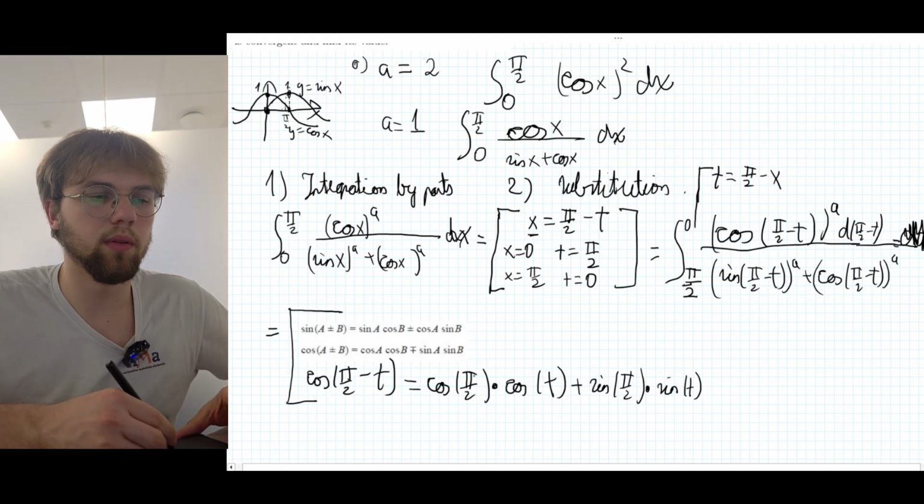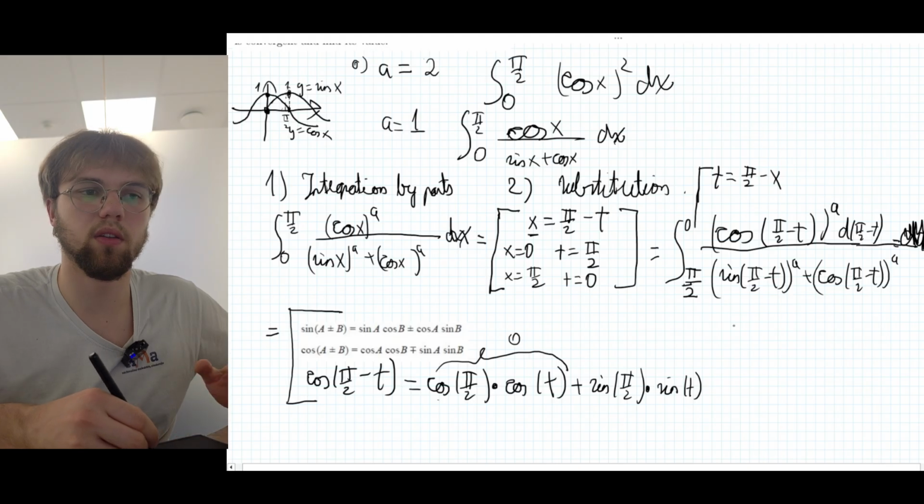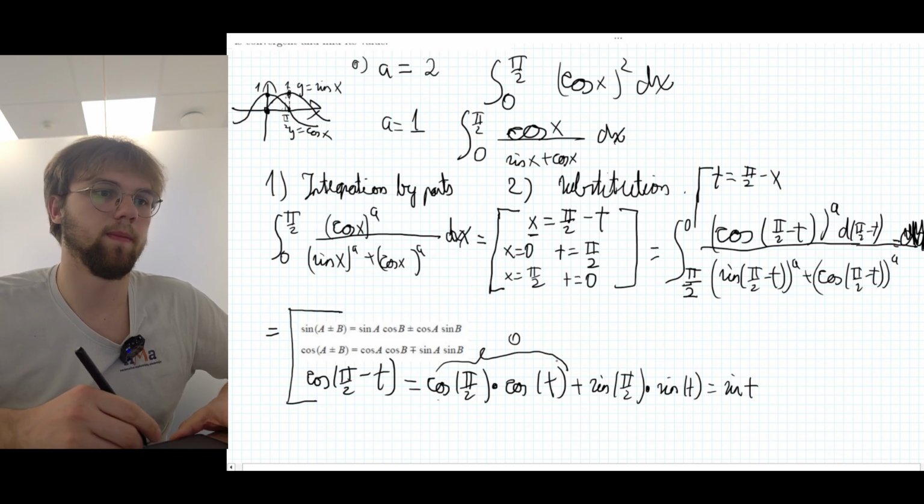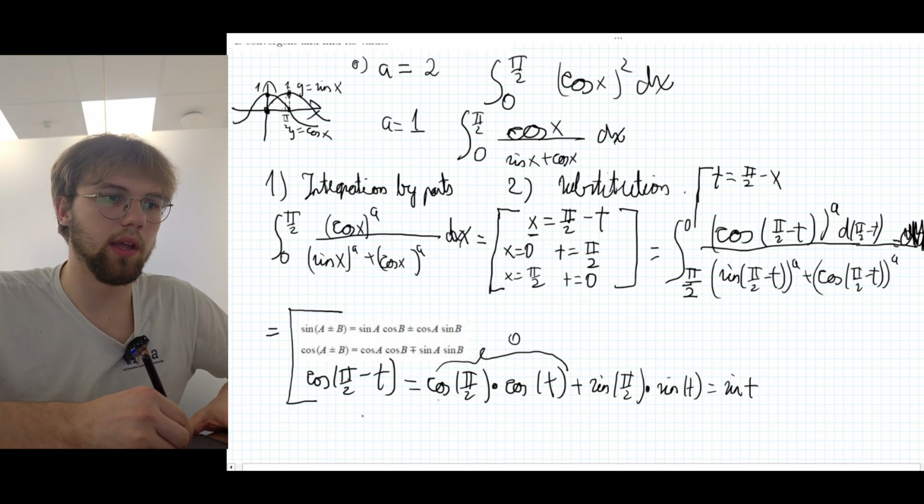So at cosine of pi over 2, this number is just equal to 0, right? Because 0 times anything is 0. And sine of pi over 2 is 1, so this is just 1. Okay, and as for the sine,